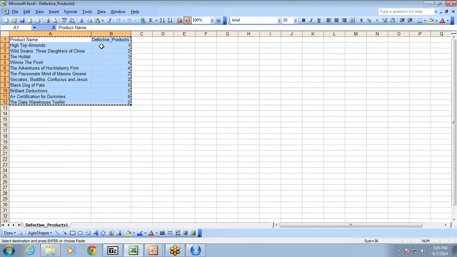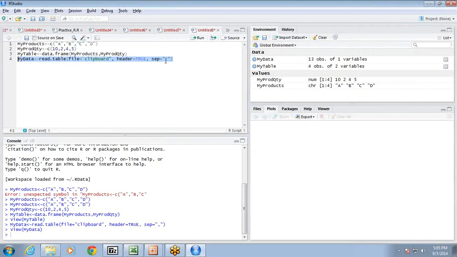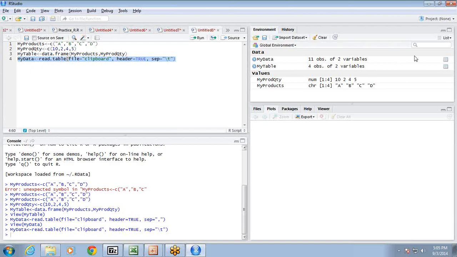There should be two variables. It seems my delimiter is not a comma, it's a tab. Right? It may be a tab, therefore it fails to read properly, so both columns are considered as one variable, one column in this example. I'll change my separator from comma to tab, then I should be able to read both the columns separately. Run it, and I see my value over here called my data.